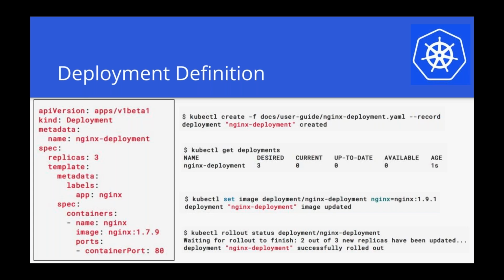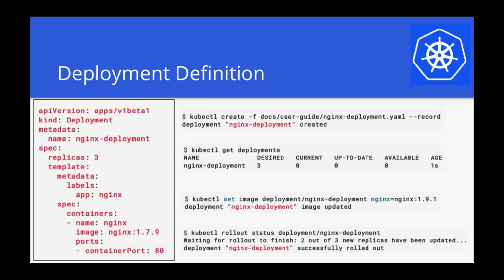So in this sample that we are seeing, we're actually rolling out Nginx. So once you create the deployment definition, you basically use the kubectl to deploy it, and then get deployments to check what is the desired state, what is the current state, and how many of them are up to date, and how many of them are available. Each of those sections have significance, and they actually convey something during a live deployment,